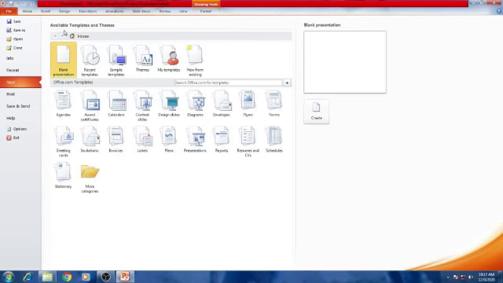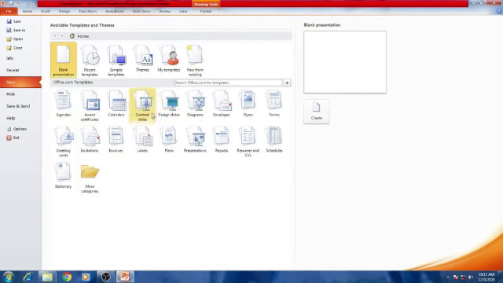Under available templates and themes, below that you can see some available templates: blank presentation, recent templates, sample templates, themes, my templates, new from existing, and one more, Office.com templates.